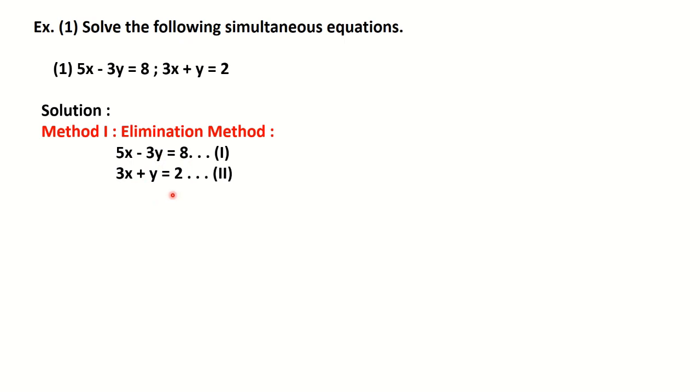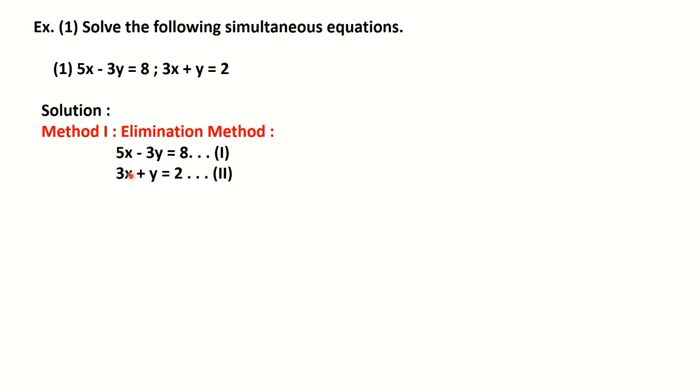But here what we can observe is the coefficients are not the same or not equal. Here the coefficient of x is 5 and here it is 3. Similarly for y it is minus 3 and here it is plus 1. Okay, when nothing is visible, the number present is what? 1 there. So the coefficients are not the same. So we need to equate them. Okay, so let us equate the coefficient of y. It will be easier for us.